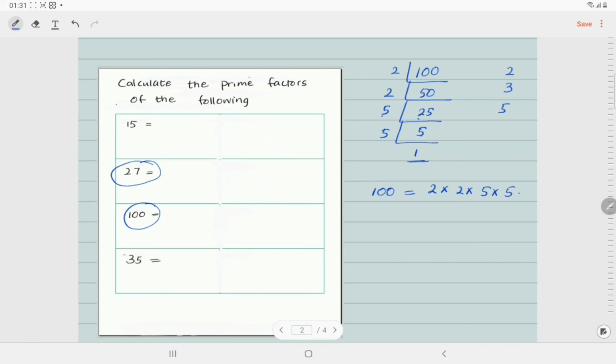I hope you got a clear idea about prime numbers and prime factors. Make sure to